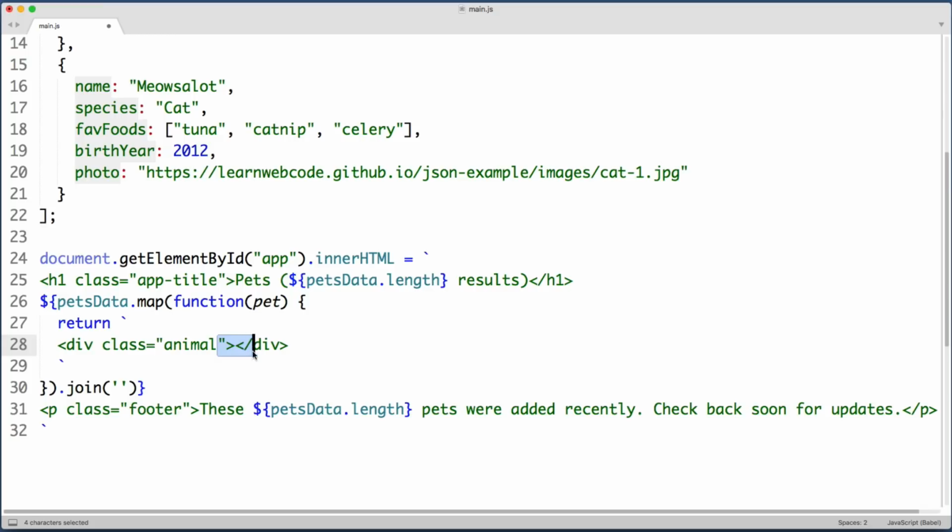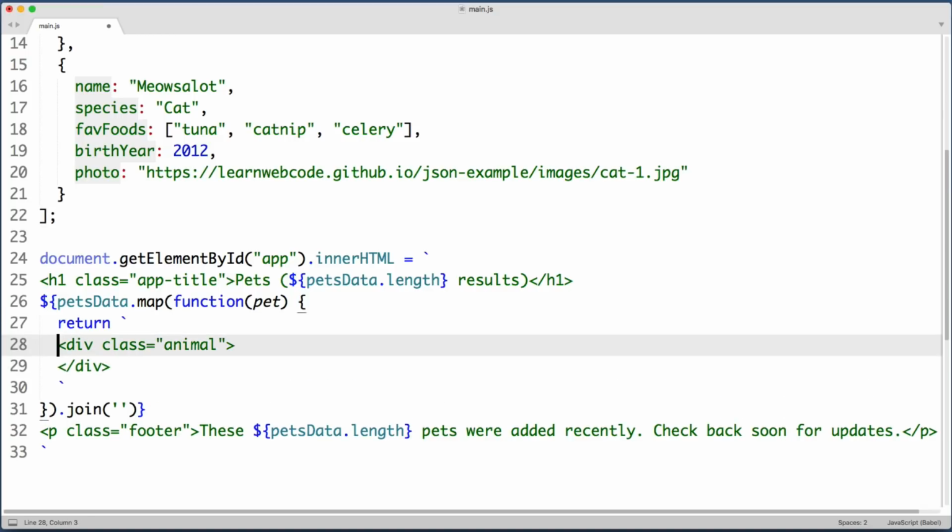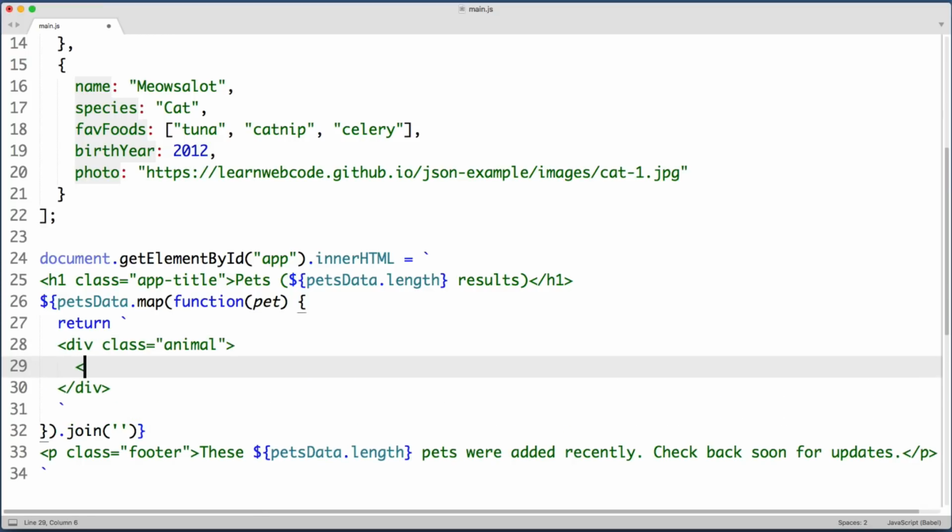Okay, cool. So now within this div, drop down, indent, and let's include an image element. So we want to give this a source. And this value can just pull in the photo property that each one of our animal objects contains, right? This is a path to a JPEG. So down here for the source, let's open up an expression. So $ curly brackets, and then we can just say